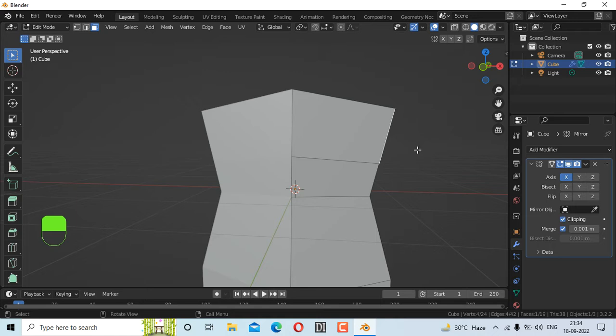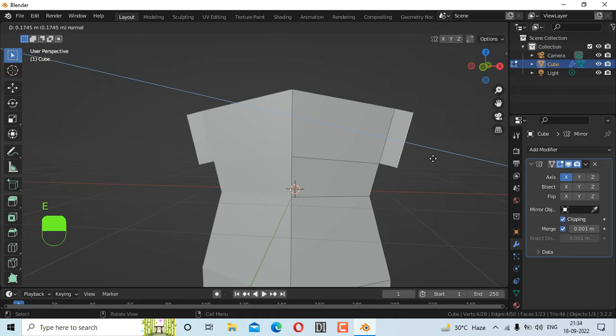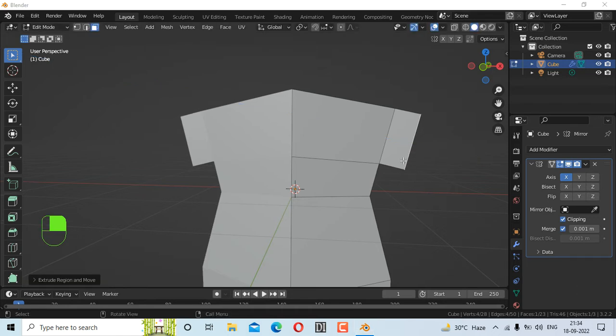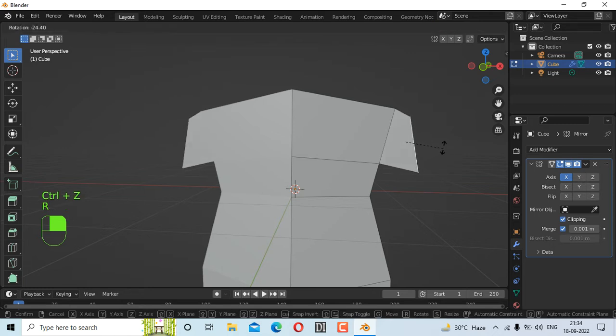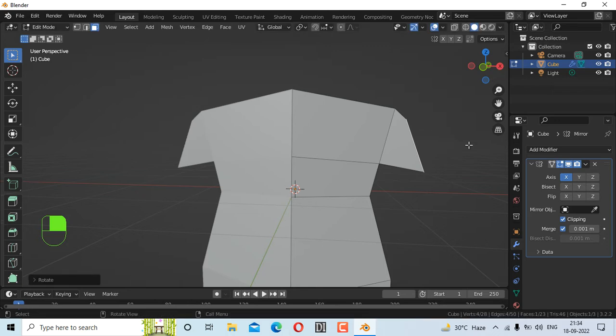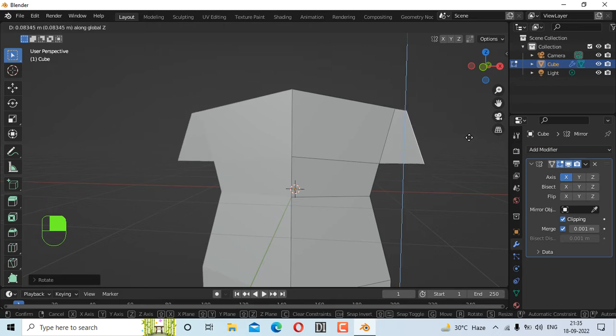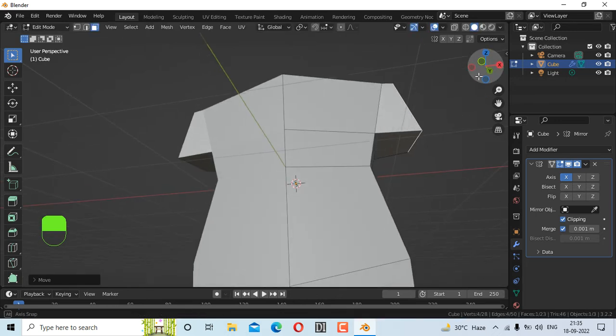Once you're done, now go to face again, and what you have to do is extrude this part a little bit, and now you have to rotate this like this, and move it a little bit upward, like this, along the z axis, to make it in one line. Fine. And now, guys, you have to choose this face,